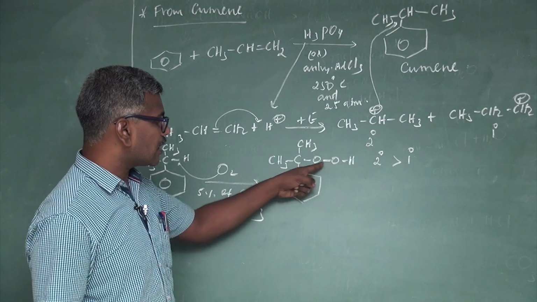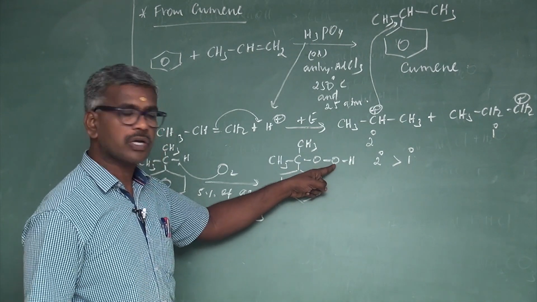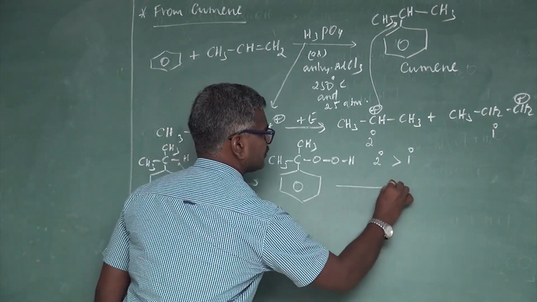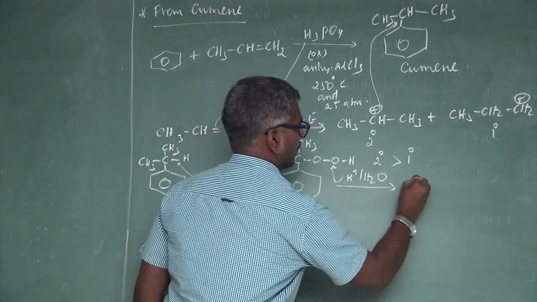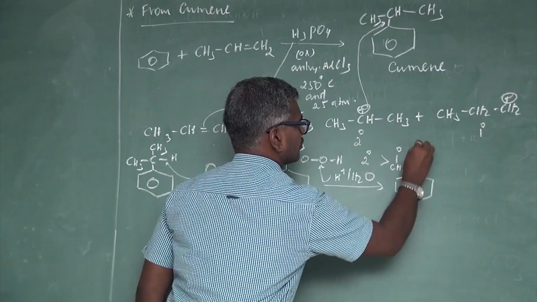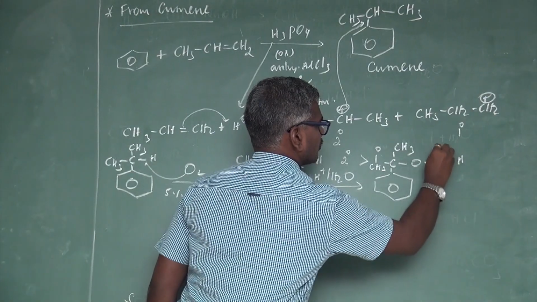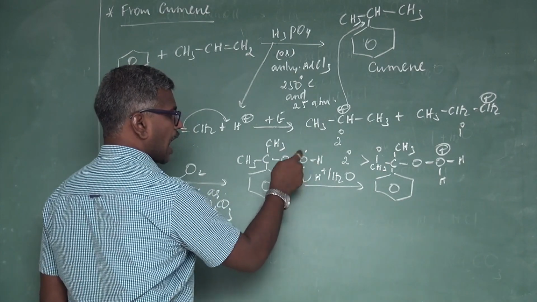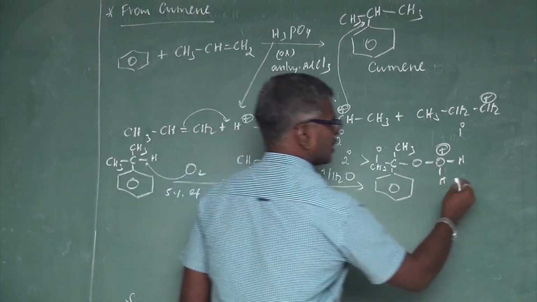Now you want to break this bond between the two oxygen atoms. The oxygen bond is a strong bond. This bond becomes weaker by the addition of acid hydrolysis. This oxygen carries the positive charge, why? Because oxygen has two lone pairs. Among the two lone pairs, one is donated to accept the proton. So this bond is a weak bond.